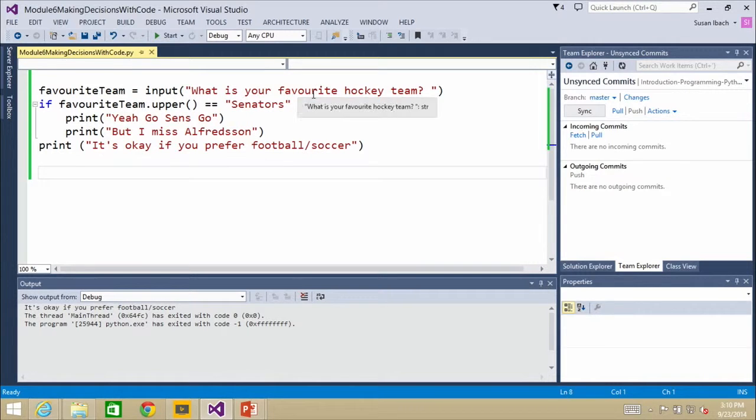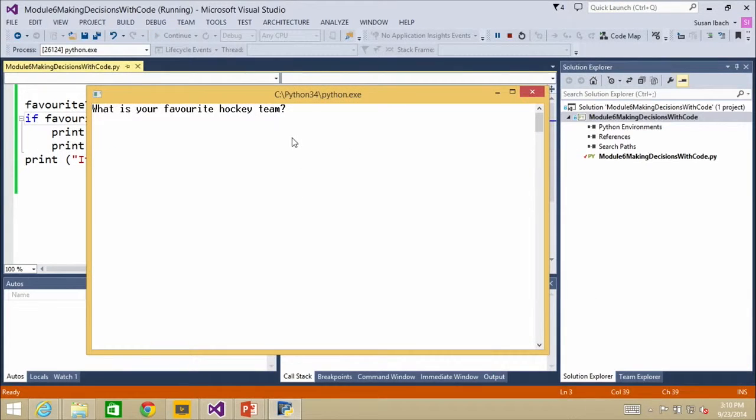Right. So I'm taking the value they type in for a hockey team, converting it to all uppercase letters, and saying, by the way, is senators all uppercase? Is the value they typed in, all uppercase, equal to this value that contains lowercase letters? And that's where I sit there and go, oh my God, did I really just do that? Yeah, you've hard-coded in a bug. So what I should really do here is use an all-uppercase SENATORS. And now it should match, no matter how I type it in.